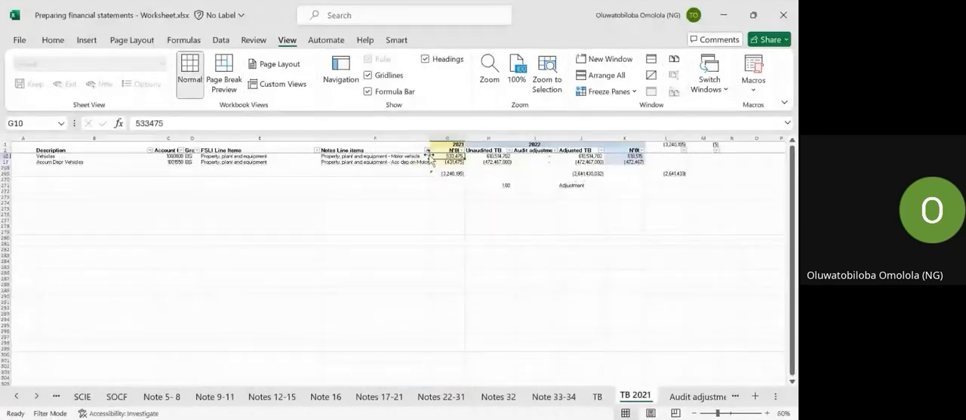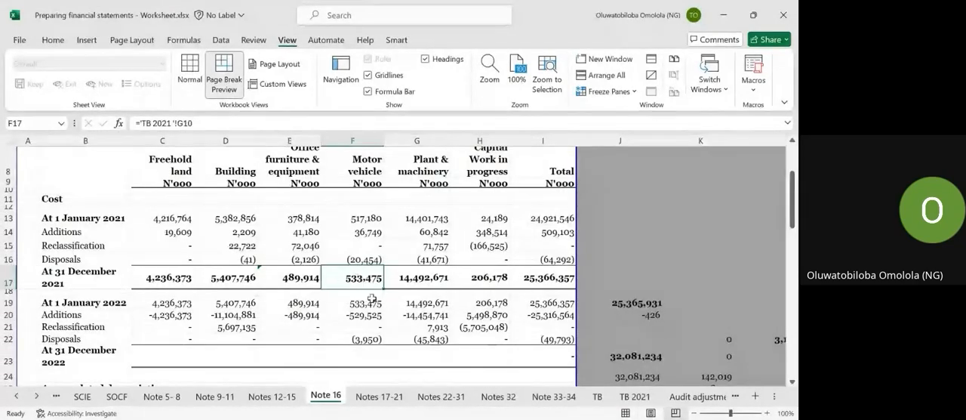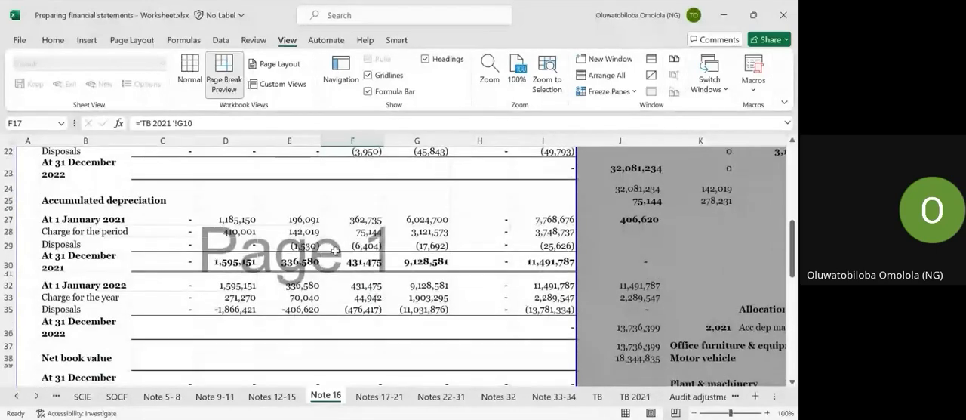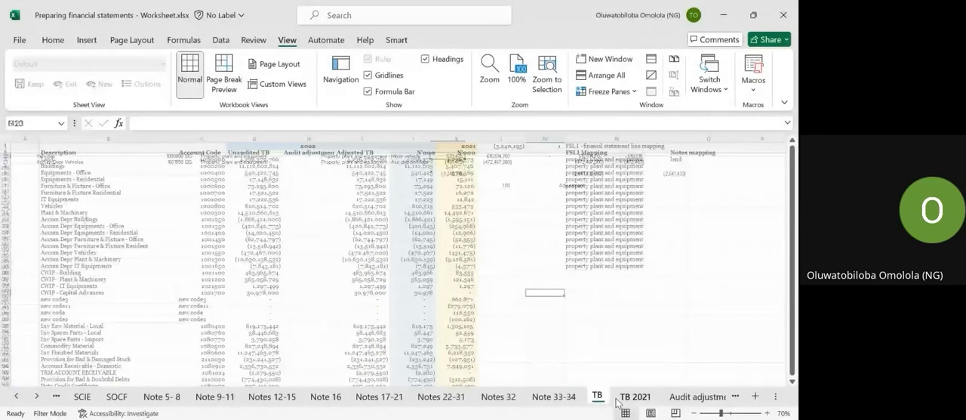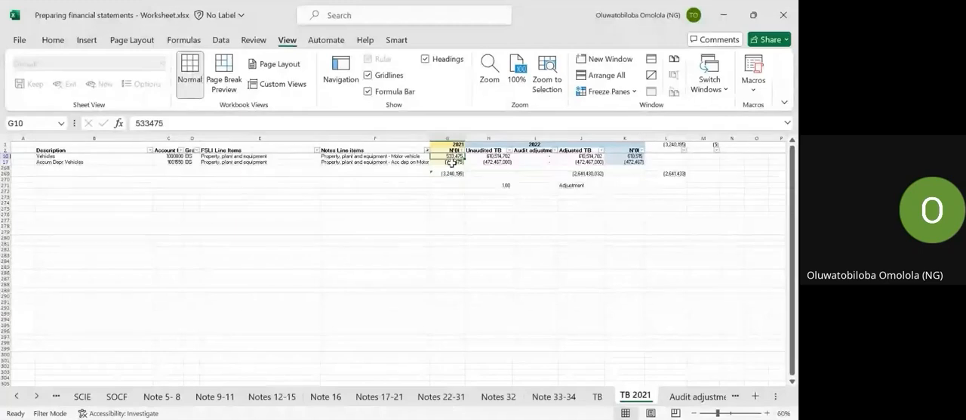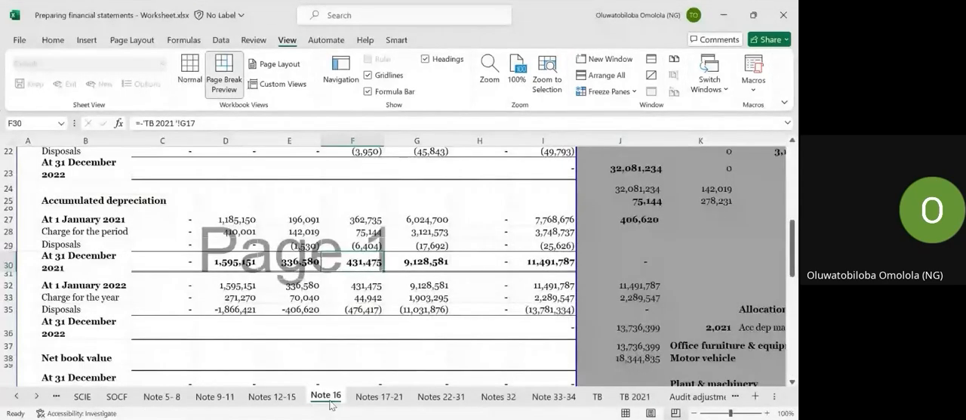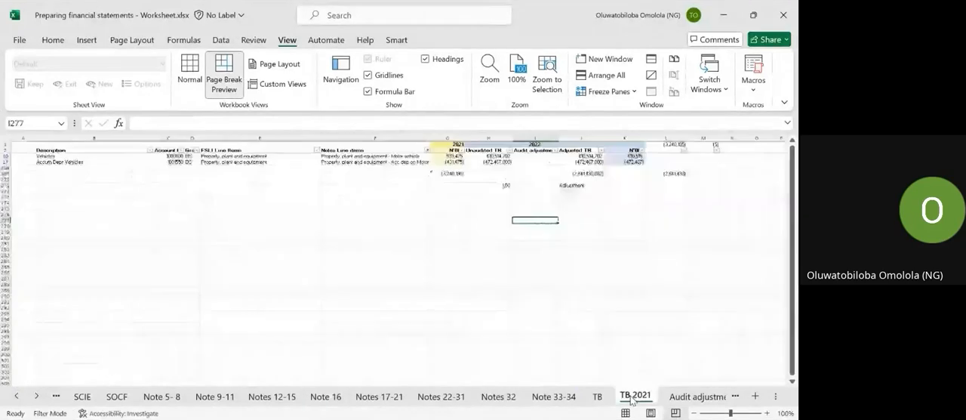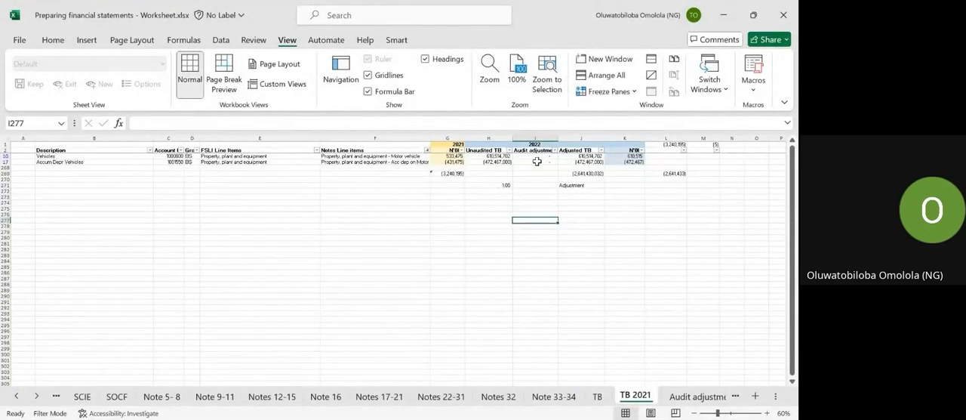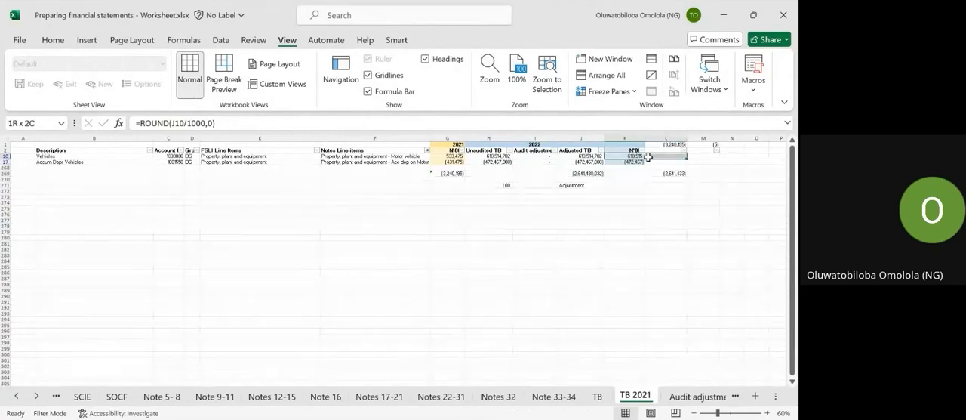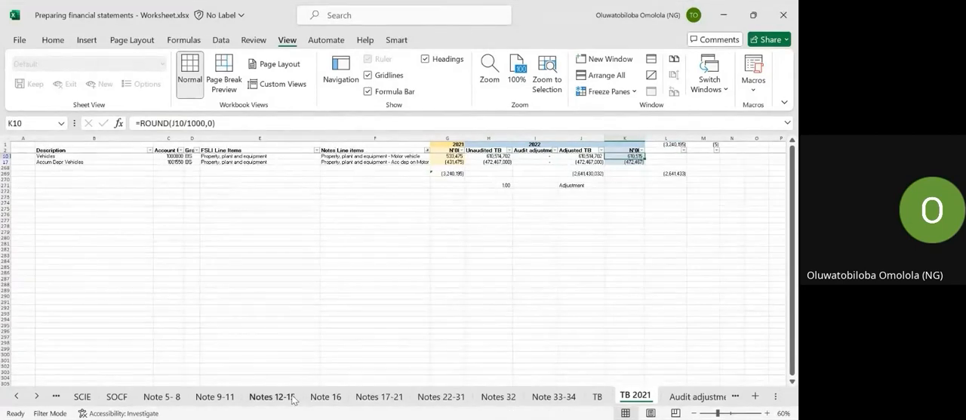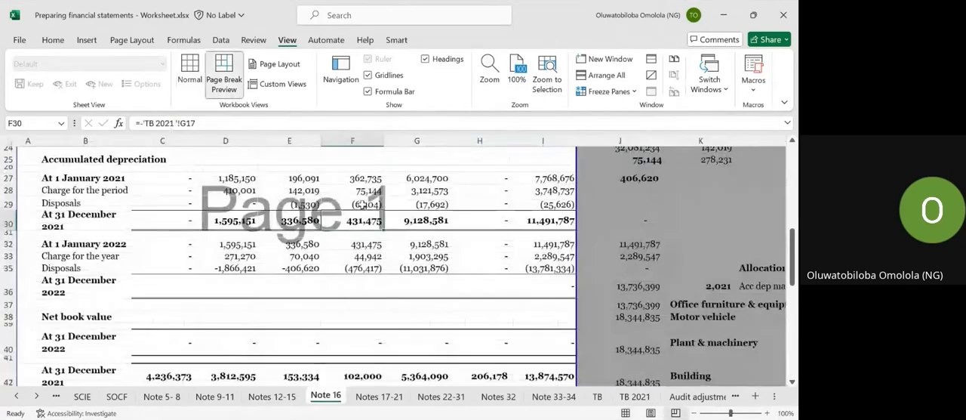So look at, for cost now, I have 533475. I also have 533475. For accumulated depreciation in 2021, I have 431475. I also have 431475. If I'm doing for 2022, whatever movement schedule they are giving to me, in this case, they have not updated the movement schedule, right? But whatever movement schedule they give to me, the cost of motor vehicle in that movement schedule must be what? 610,515. While the accumulated depreciation in the movement schedule